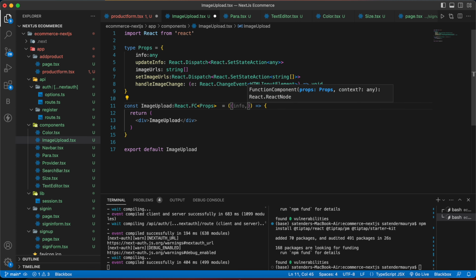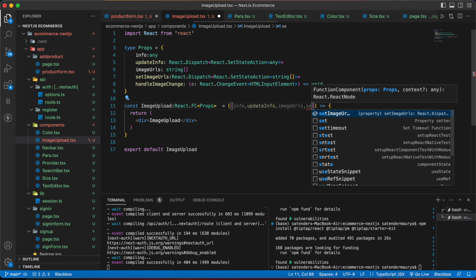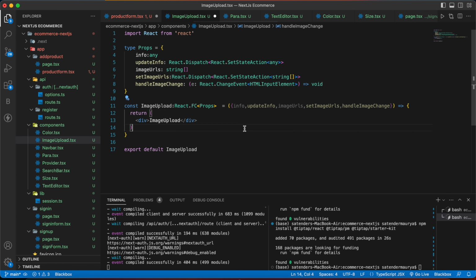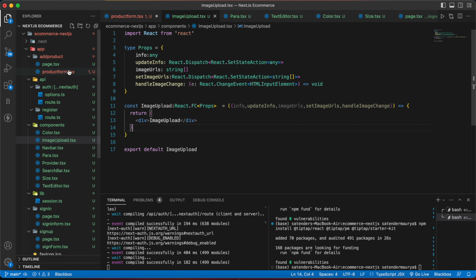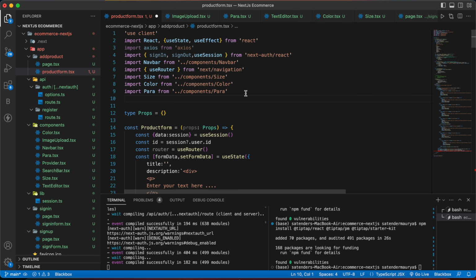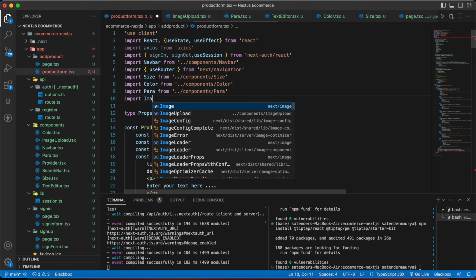Write info, update info, image URLs, set image URLs, and handle image change. Now let's save and import this component in our product. Import image upload